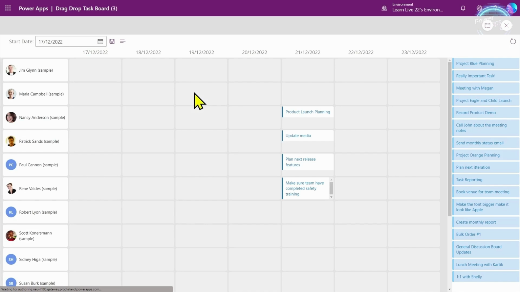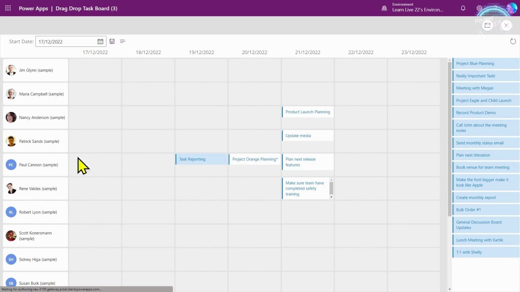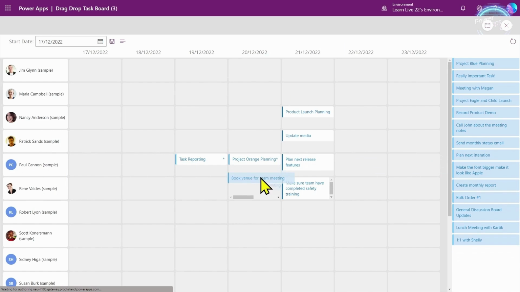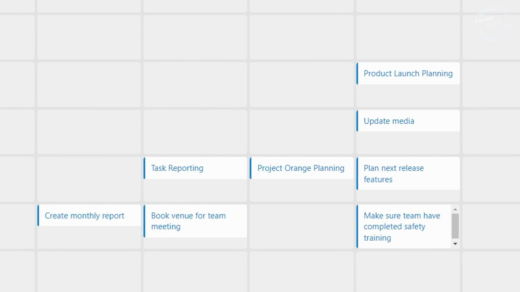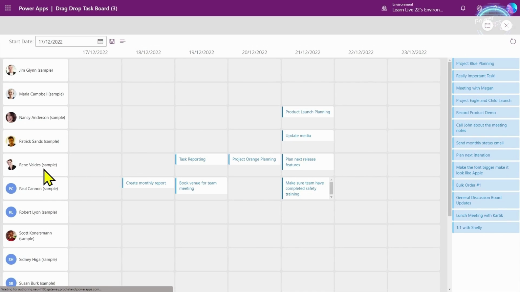So this is awesome. The last piece of the jigsaw is, at the moment, let's put some more tasks in for Paul Cannon, and let's put some more tasks in for Rene here, and we'll save that. So what we need to make sure is that when we move Rene, if we move Rene and Paul, you see I'm swapping those 2 around, the tasks in the actual grid here are not moving.